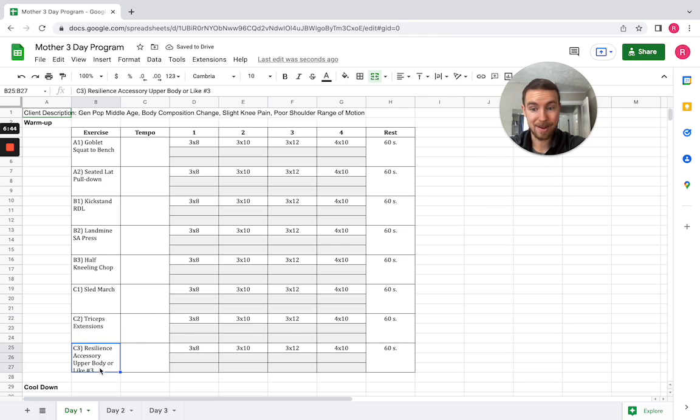Resilience accessory number 3, typically an upper body, since we already did a lower body. This could also be another exercise. I get to bust out some more abs here if that's something they're interested in, or you could do more arms if you haven't, because we already did triceps. If you want to also hit biceps, go ahead and do that. But I'm going to stick with the resilience, and we'll do a med ball rotation slam,